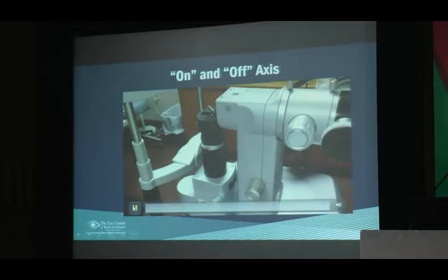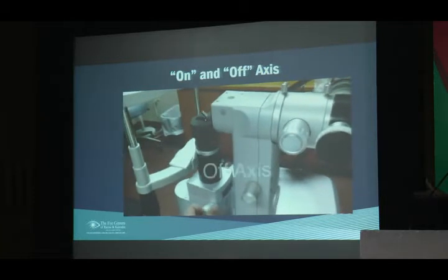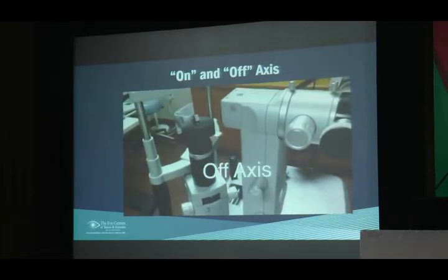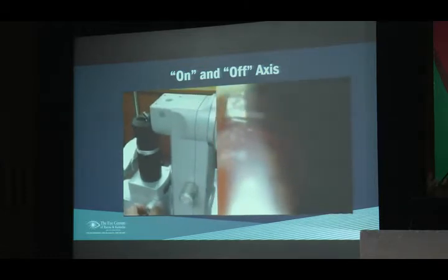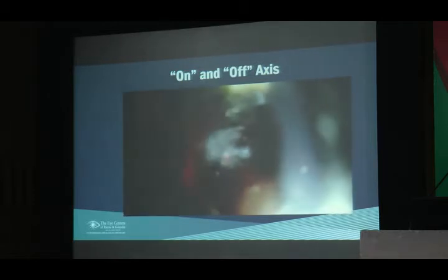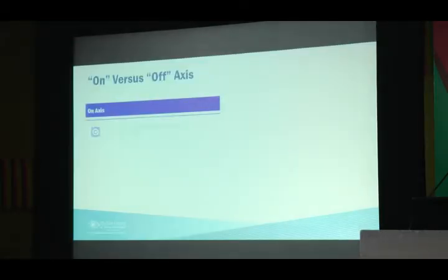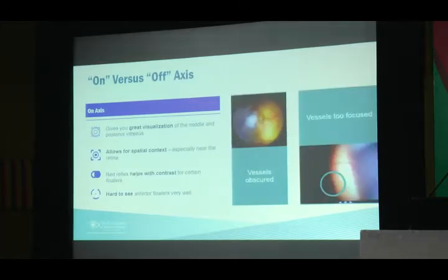Here's an example. We can fire this laser both coaxial, or on axis, and oblique. That's important because it gives us a different visualization. When it's coaxial, we get a red reflex. When we move it oblique, we lose the red reflex and visualize more anterior structures. Now I'm going to explain how that works. When you're coaxial, we can see very well where the floater is in relation to the retina. If the retina is in focus and the floater is also in focus, it's too close. So a pearl: if the floater is in focus and the retina is out of focus, we are safe enough